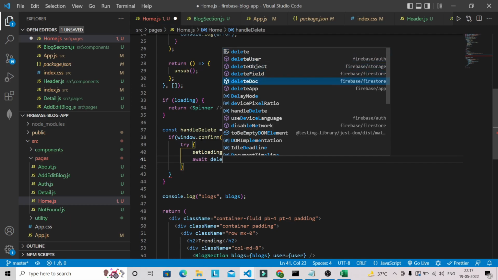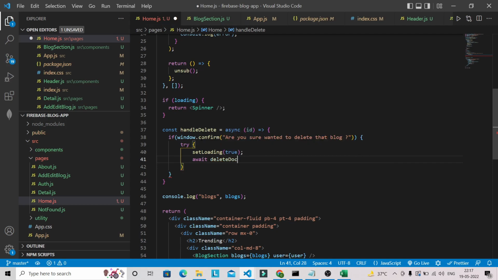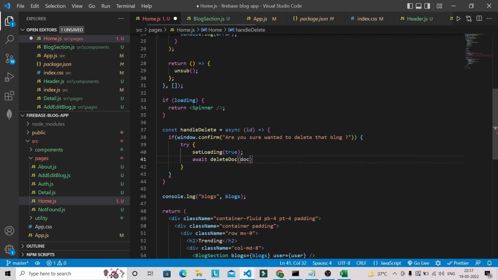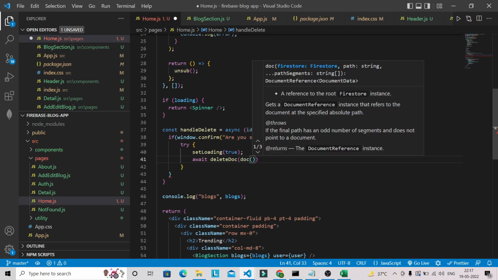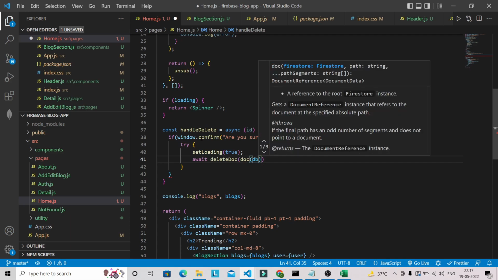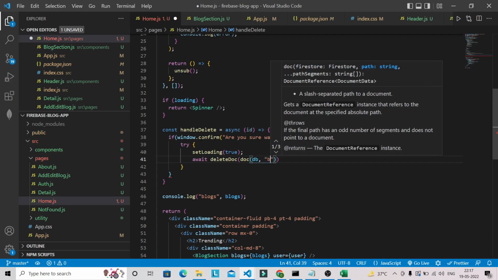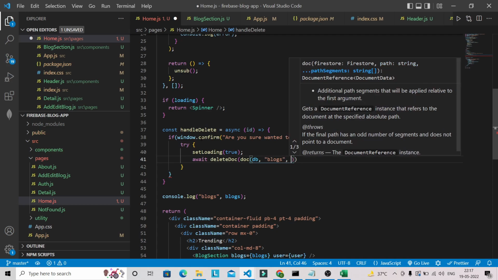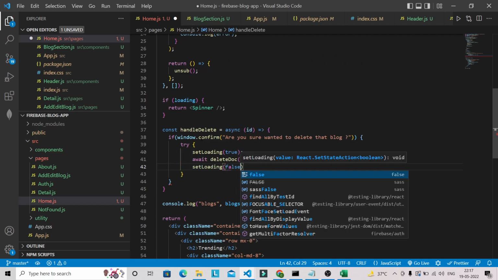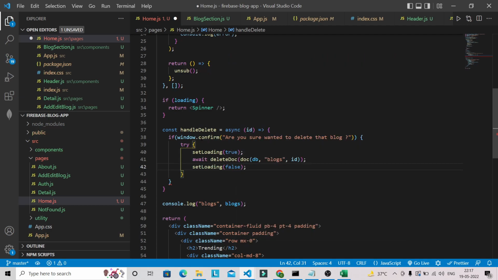So we can use this method from Firebase Firestore, and here we have to pass this doc. Okay, and here we have to pass the DB, and we have to pass the collection, that is blogs, and we have to pass the ID. Now we have to also make set loading to false, and